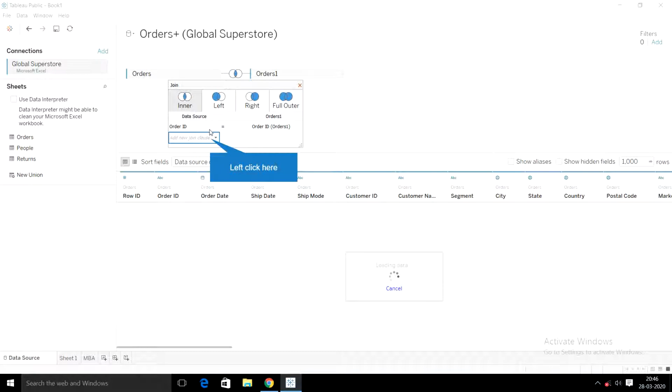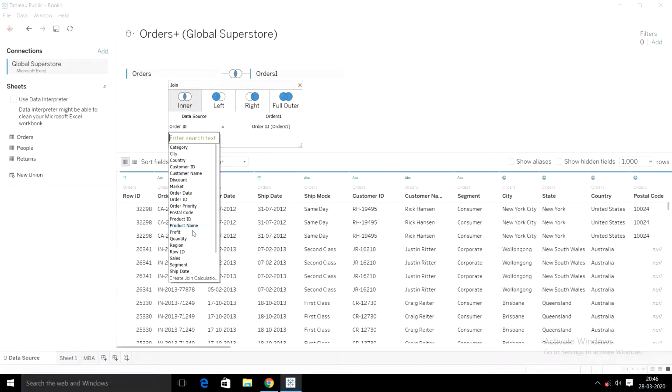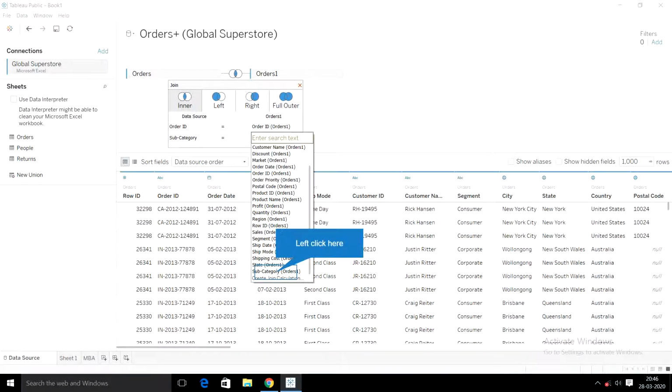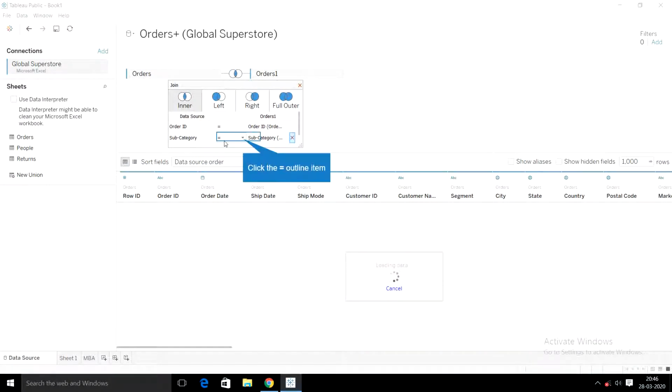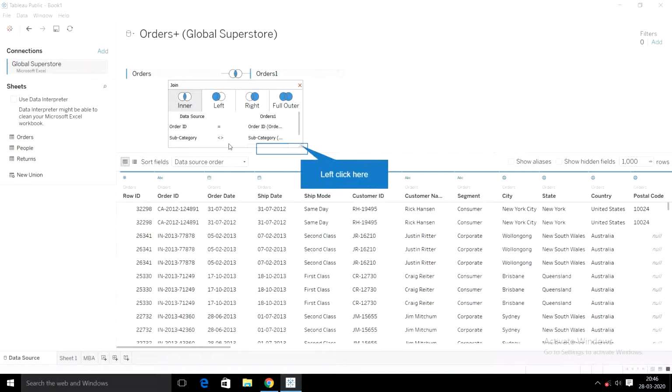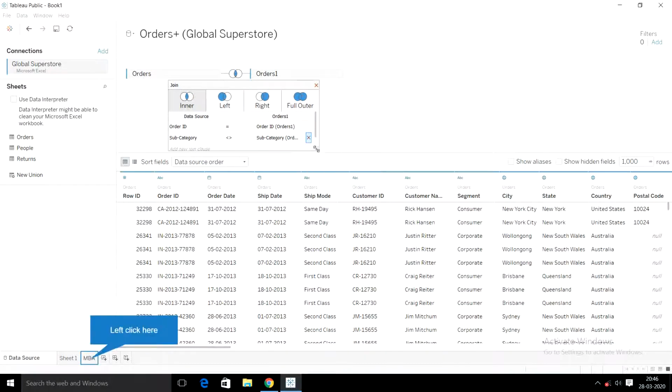Now we are going to select another parameter, which is product subcategory, as the criteria for this market basket analysis. On the second data set also we select the same subcategory. Here we need to give a condition that the subcategories are not equal, and then we can do our analysis.